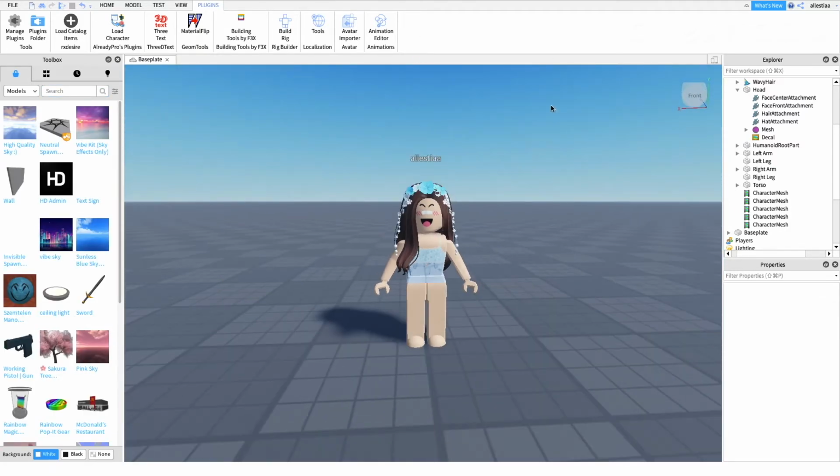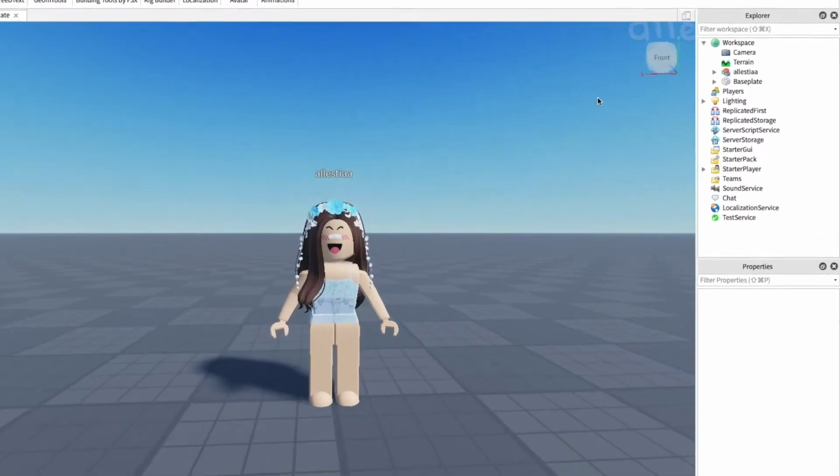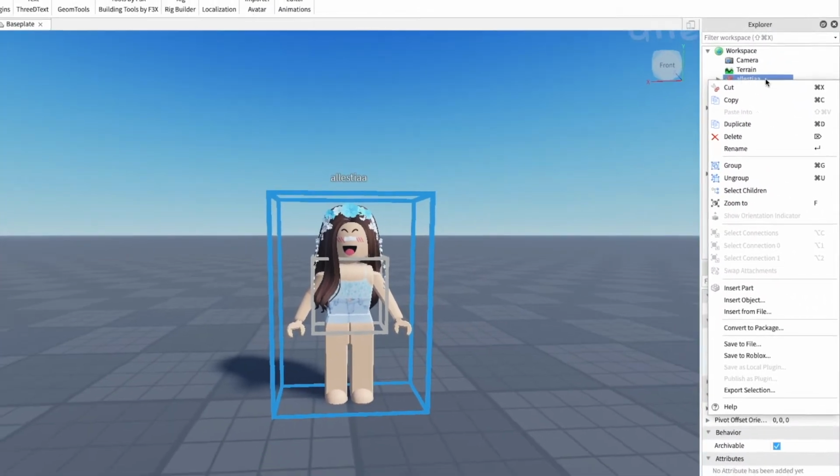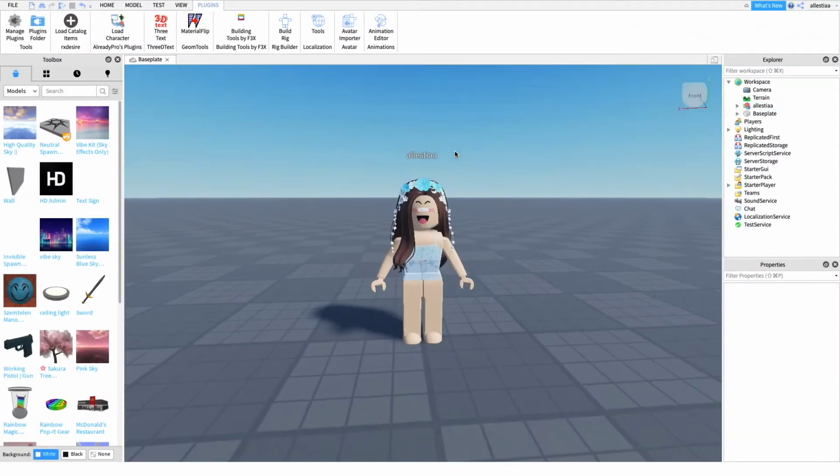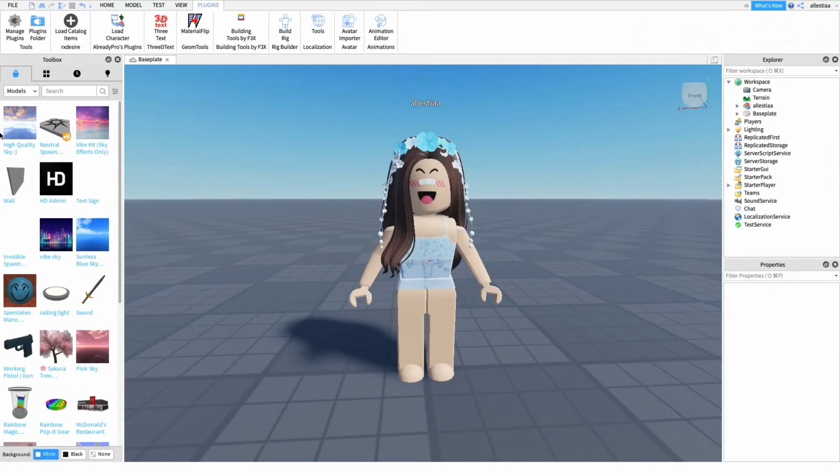Now I want to export it, so I'm going to go ahead with the arrow, right click on my username part right here, and click on export selection. And there we go. I'm going to go find a prop for this,